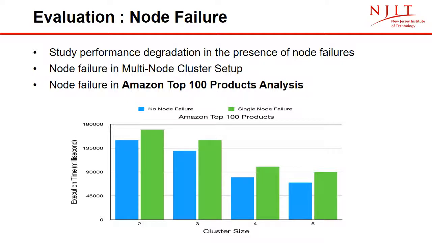Now evaluation for a node failure. Steady performance degradation in the presence of node failures. So after rebooting for a new cluster size, one virtual machine data node is killed and the same virtual machine is killed again twice without rebooting to record execution time. The virtual machine is killed after a random delay between 0 and the execution time of the program on the cluster without failures. Also, the virtual machine can be killed before or after the start of the job.